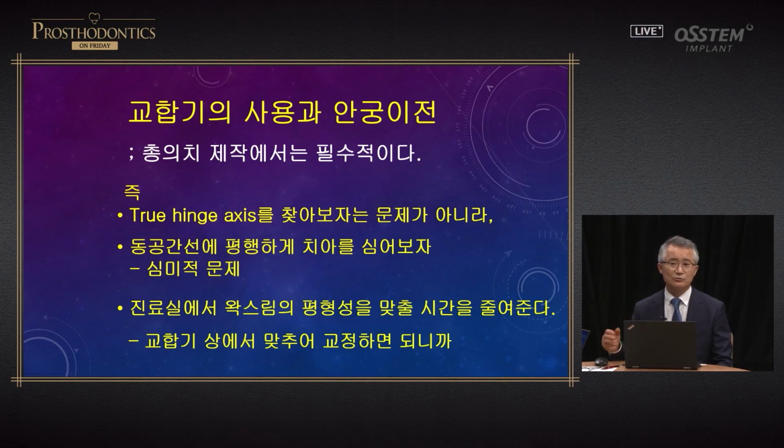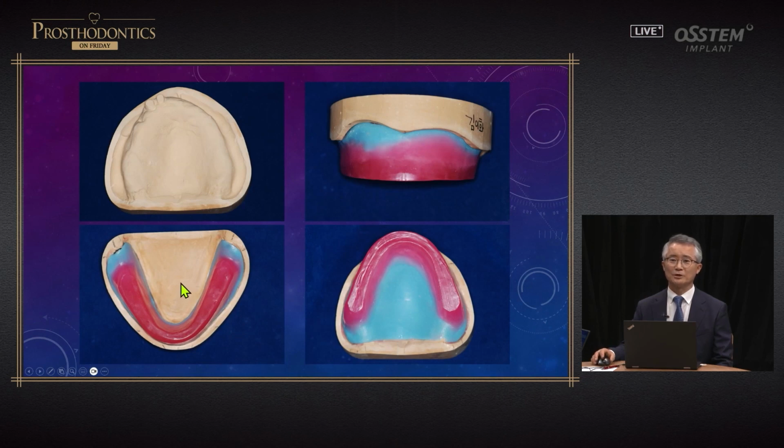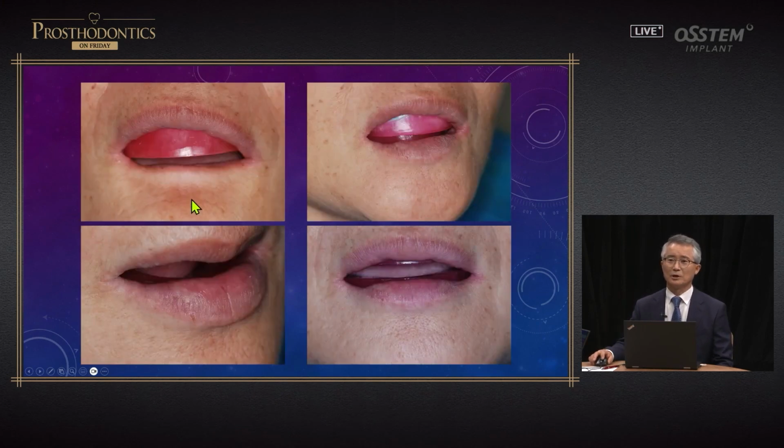Let's look at the process. This is a special patient. Because there's a residual tooth here, the alveolar bone is going to be fuller, and on the other side, there's going to be a lot of alveolar bone resorption. The wax rim has been fabricated here. It's really full, although you cannot really tell on the image. If you look here, it looks very full. So I made a lot of adjustments.